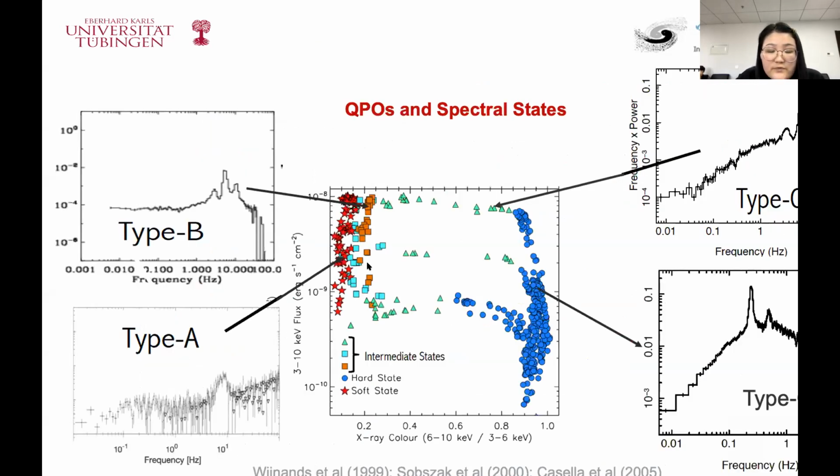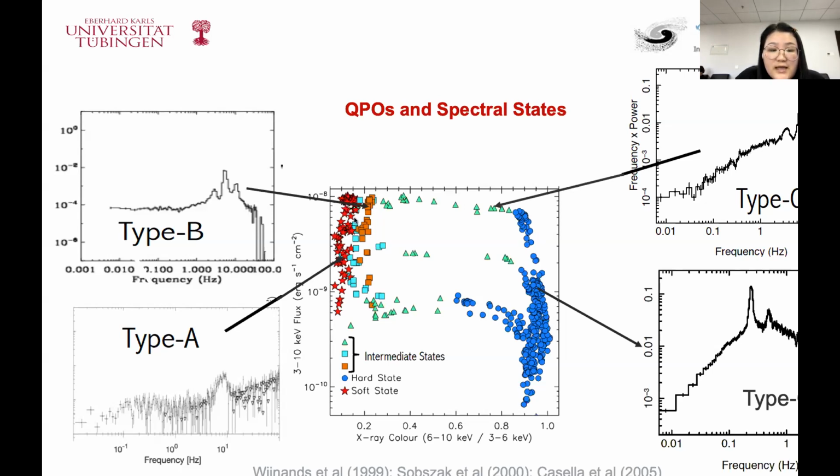And how is that related to the timing analysis we observed at different states? So here I give you the general picture of the timing properties, aka the QPOs, that you can find at the different spectral states. At the hard state, especially the low hard state, the power spectrum is dominated by the flat-top noise and the type C QPOs on top of these broad features. And when the source evolves to the hard intermediate state, the type C QPO frequencies increase.